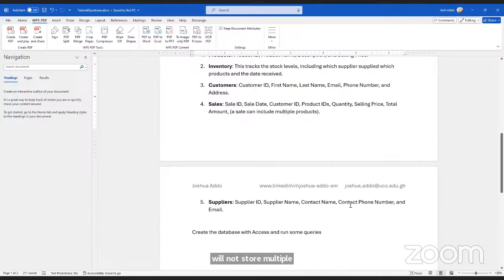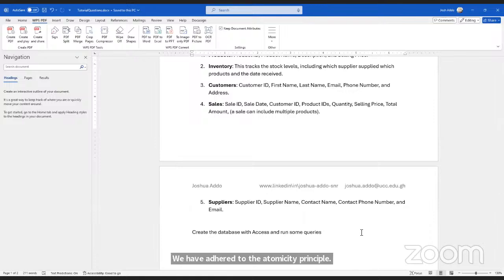So even though we have contact phone number, we can't do something like 02465126555/050. No. When you do that, then that is a violation and that will throw in a lot of redundancy. So when we do it like this, we have not broken any rules if we store only one, because we have adhered to the atomicity principle. Only one phone number.